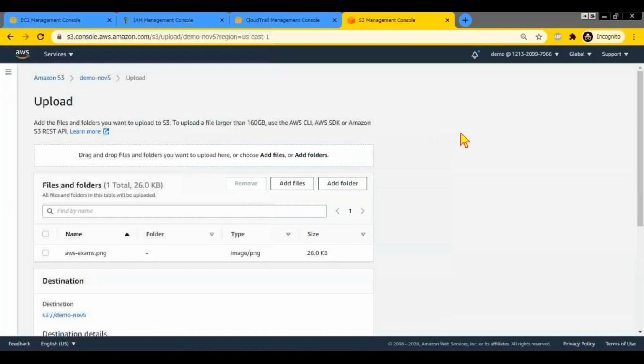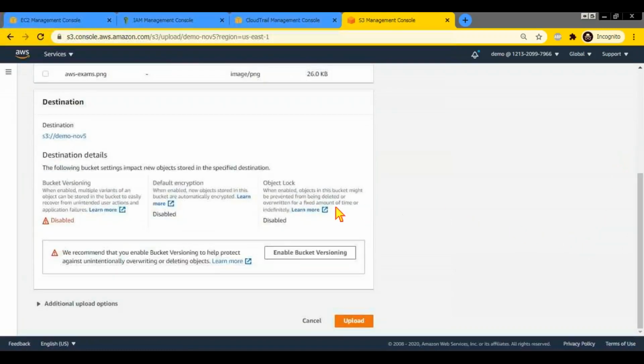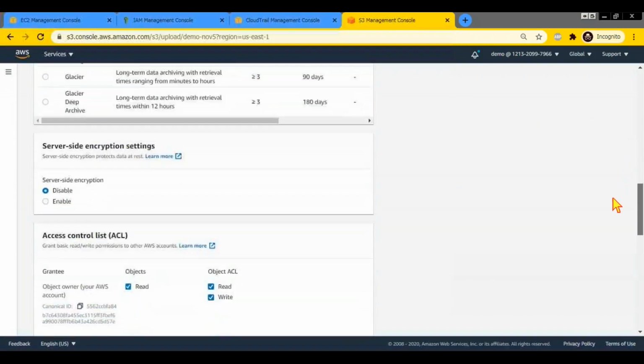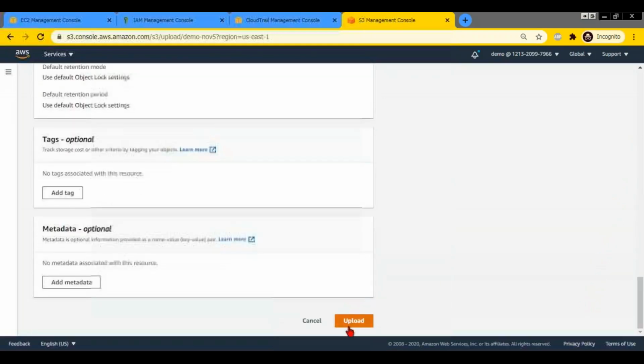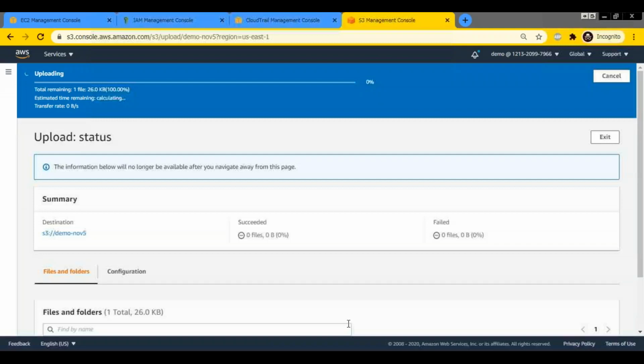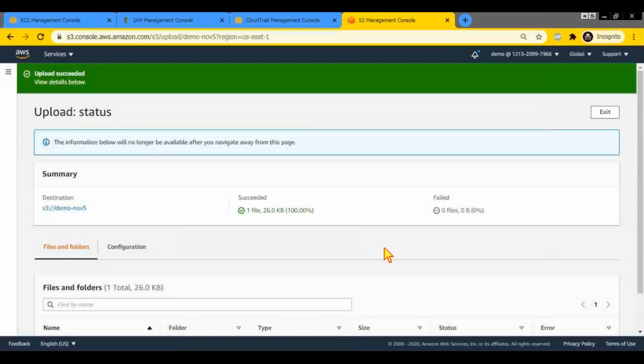Ideally, if you don't want to change any options, you used to simply click upload. It used to upload, but now you have to scroll down, and you have these additional options. You have to click like this, scroll down, and click upload.